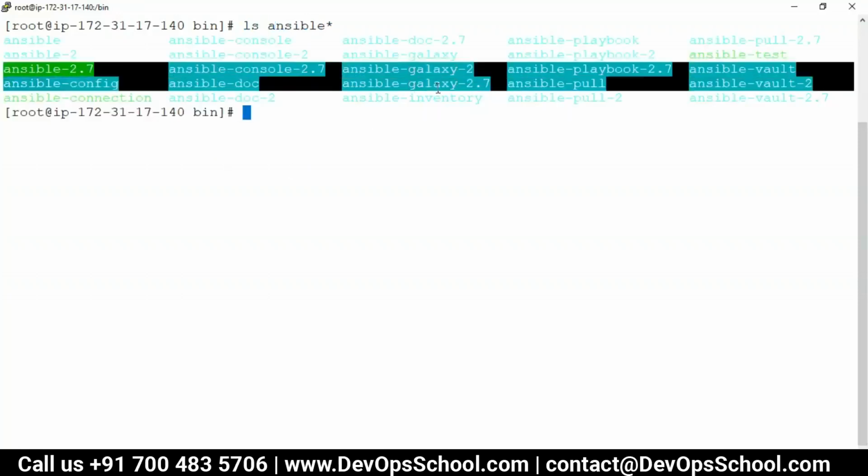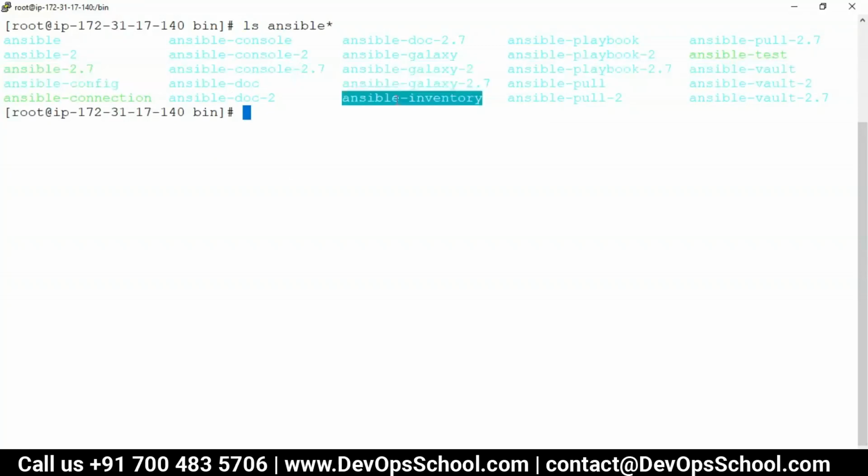See, Galaxy we are learning right now. Inventory we can use with Tower. This is a very good pull and push. So pushing is there from the Tower, pull is there from Ansible pull. And pushing is also there from the Ansible command line tool, which we were using so far. That's push based. Here pull, vault, I'll talk about it.